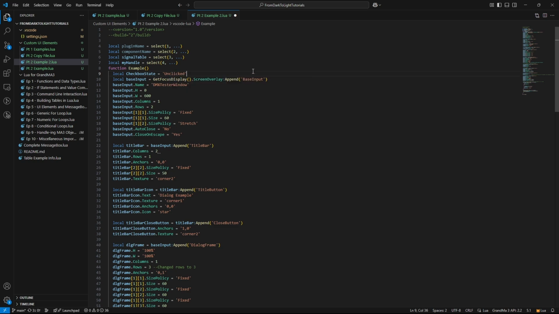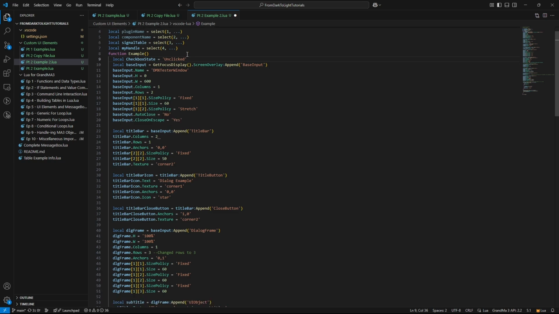Now suppose we have multiple command buttons. You'd want to have a different value returned based on which button was clicked, and this would be pretty straightforward. You just set a variable based on which button click called the function. I'll let you play with that on your own, but suffice it to say there are options. Now you know how to build a custom UI element. There are a few issues with this though.